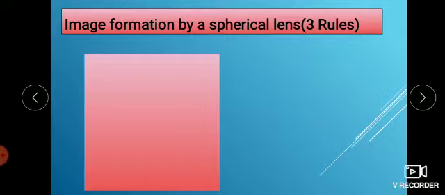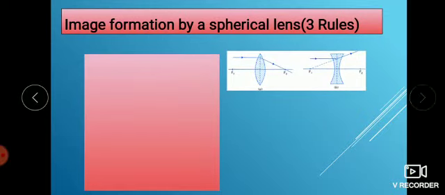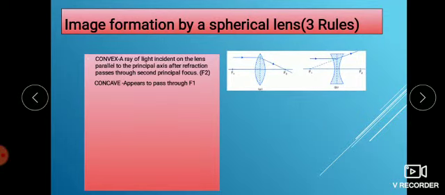Now the major part of the chapter, wherein we are going to study image formation by these lenses. In case of a mirror also, we gave different positions for the object, and we formed the image by applying the rules for image formation. That also we are going to do here. So to draw the ray diagram, you should know the rules for image formation. This is somewhat similar to your mirror, but because there are two centers and two focal lengths involved, you have little changes. This is a convex, this is a concave lens.